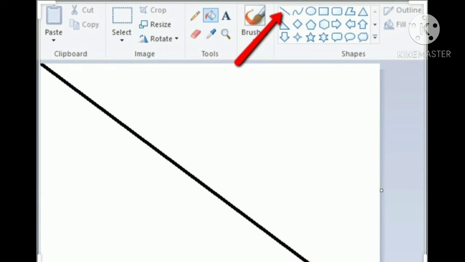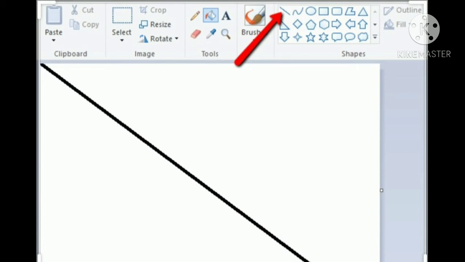You know how to use line, rectangle, oval and fill with color. Now let us make the pictures and understand the use of each option in the Tools group. To make the drawing, follow the given steps. First, click the Home tab. Second, click Line from the Tools group. Third, choose the line width from the Size drop down menu. Fourth, select the color from the Colors group.